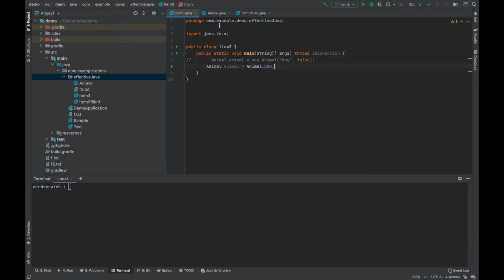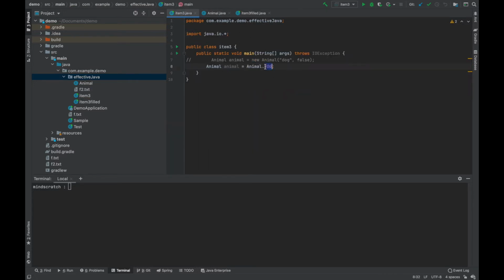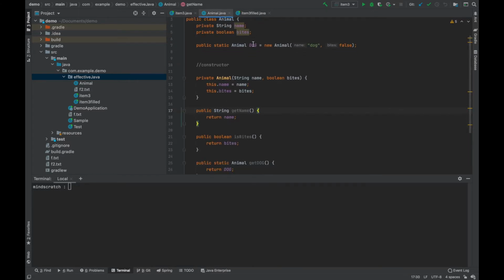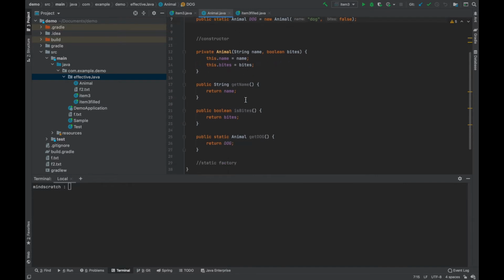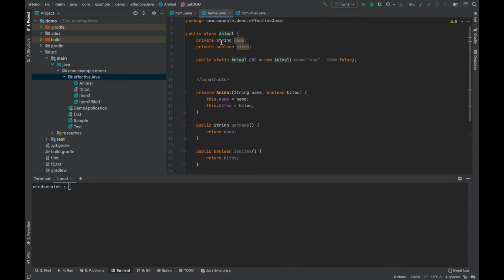So currently we are accessing the variable directly, right? Another way is having a method to return that static variable. If you can recall, this method can also be called a static factory method, because this method is a static method and it returns an instance of the class itself.